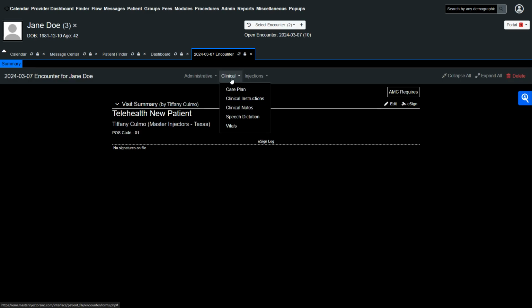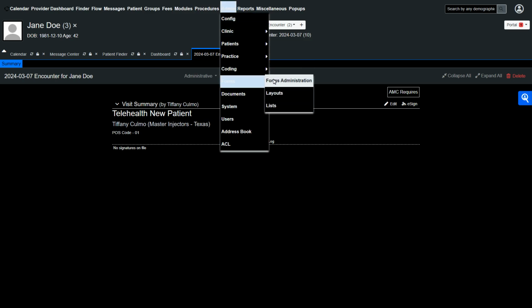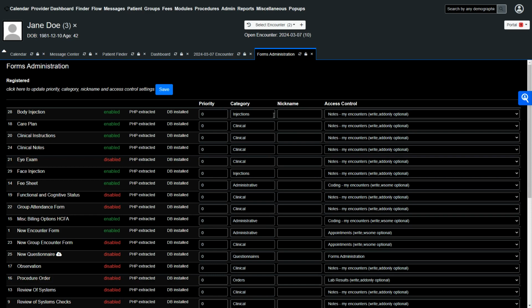Okay, so what we're going to affect is these drop downs here, because I'm going to show you where these come from. And when I say these drop downs here, there's two places where you can affect these. When I go to admin and forms, I'm going to show you the forms administration first, because these are hard coded forms. You won't be doing these, but this is one thing that